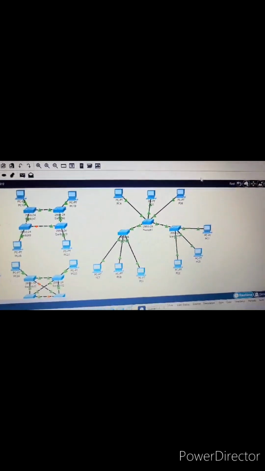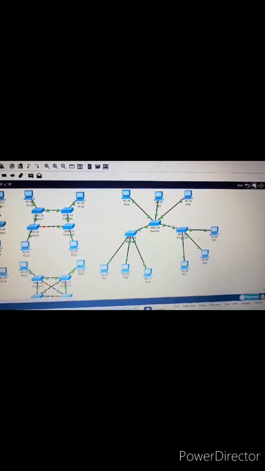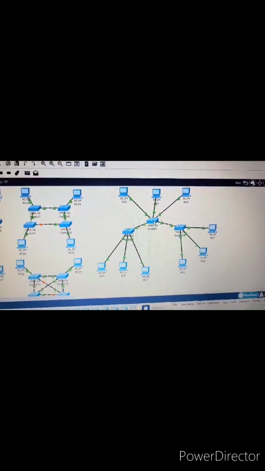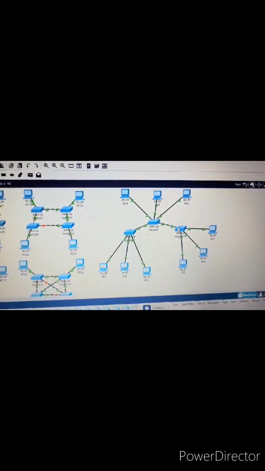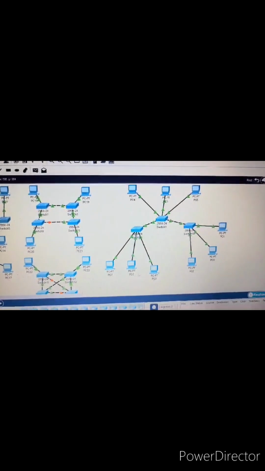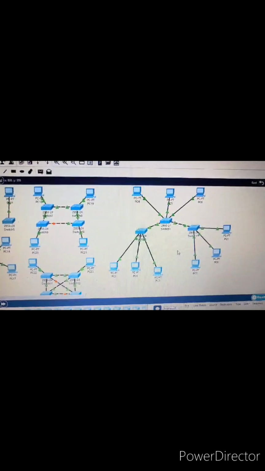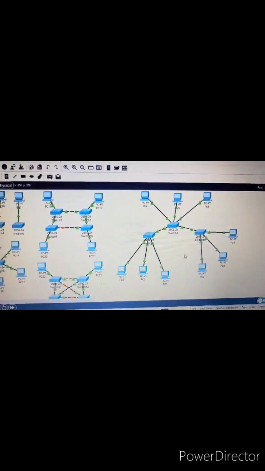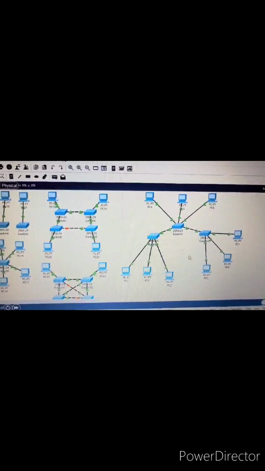And this is what we call the tree topology. It is like a tree that has branches. I put here this one, and I put another one, and they are also connected, and I have a PC. So now, as you can see, I don't have a hybrid yet, but the hybrid can connect two or more